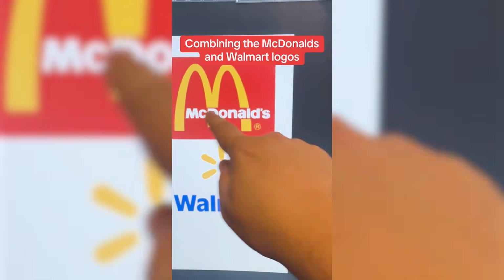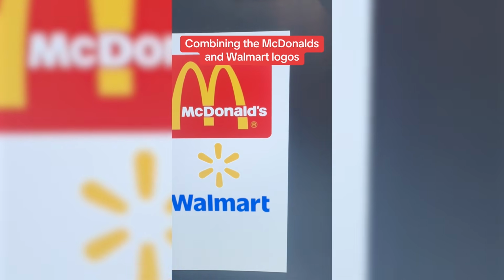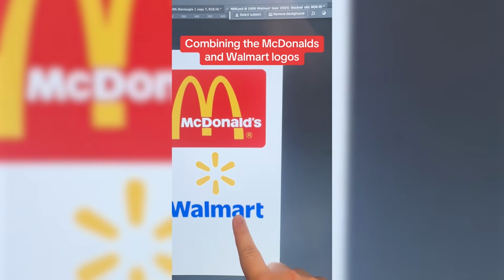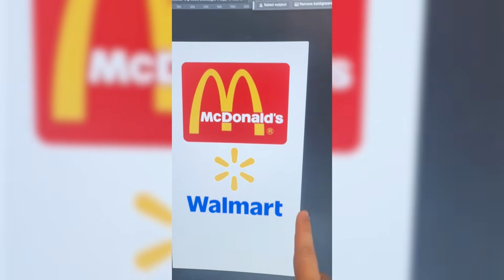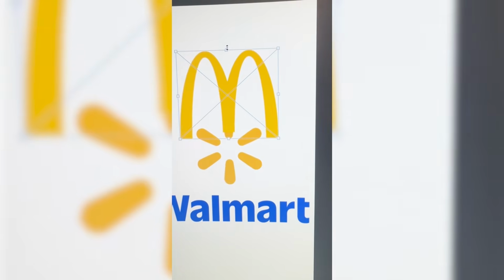We might have to round out the edges to make it look a little more similar to this. And then for Walmart, I think we just call it McMart. These fonts are almost the same anyway, and we can maybe do the Mick in this red and the Mart in the blue. Okay, so we've got the golden arches layered over top of this flower, and now I'm just